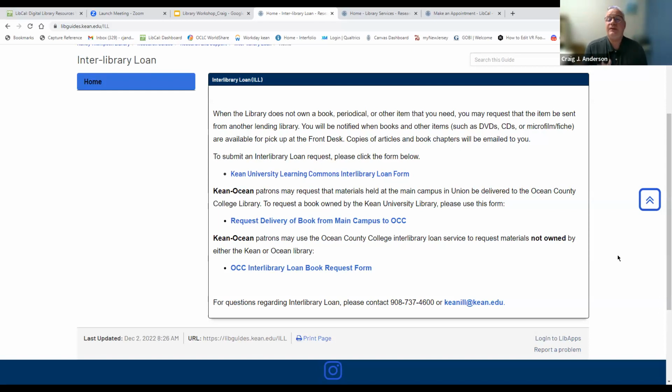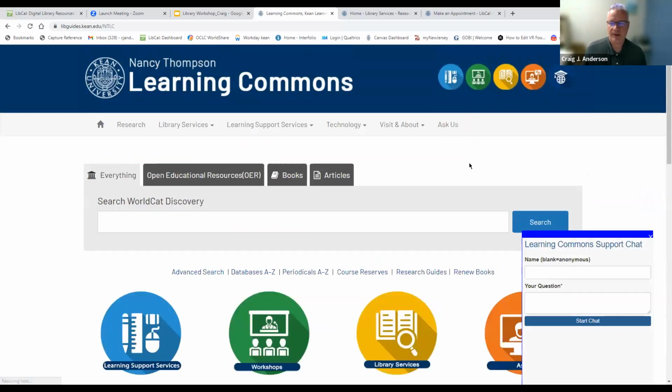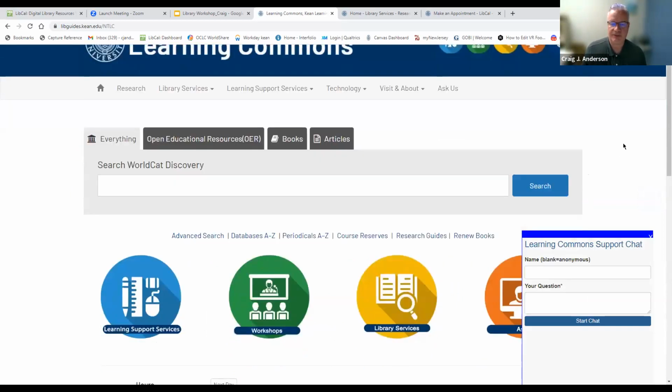So we create like a free trade agreement between libraries. That's the good news. The bad news is that it can sometimes take a week or more for the item to get here, especially if it's a physical book. It might take close to 2 weeks to get the item if you order it. So this is not the thing to use if it's the night before your paper's due, and that's when you're starting your research, like I always did. But if you have enough advance notice, interlibrary loan can be super helpful to you. And the people that we have working for us with interlibrary loan are really helpful. They're always eager to help out the students in looking for books. And that will become more important when I start talking about the databases A to Z.